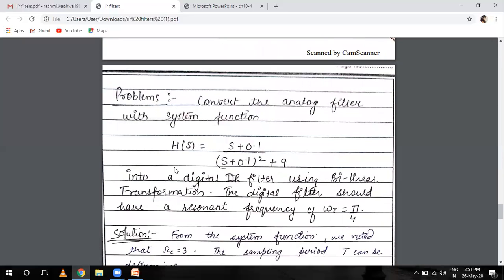So when we do problems on this bilinear transformation, because in the paper a numerical on bilinear transformation often comes,